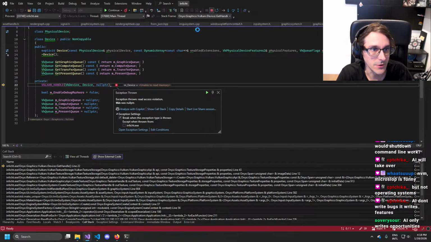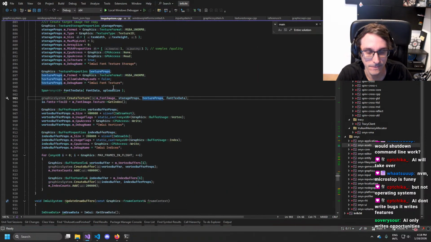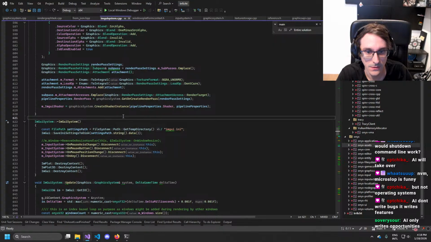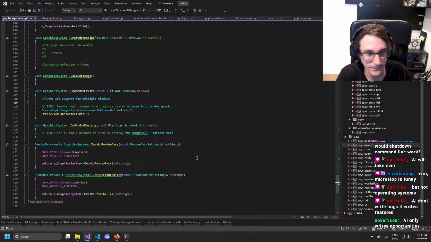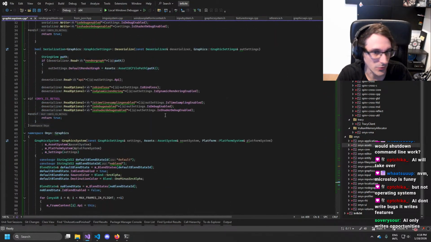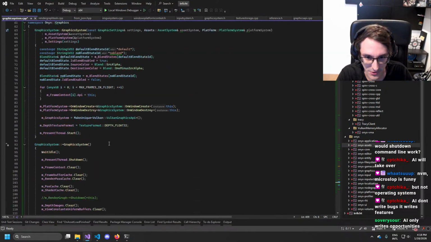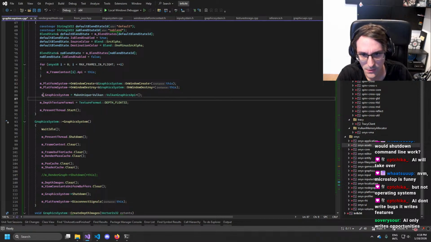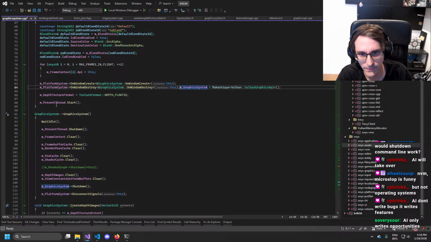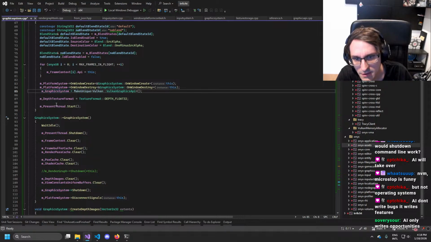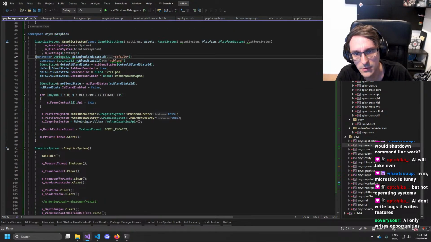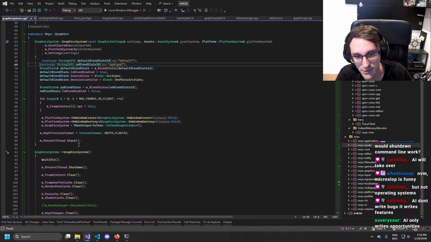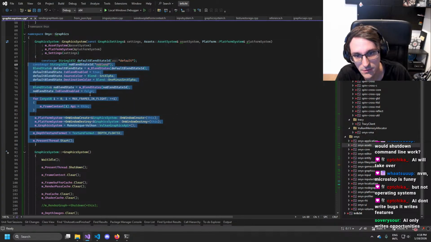Oh, I know why it fails. Never mind. Okay. Then we need to change that flow, which is fine. Am I stupid? Is that wrong? Aha, that whole function is indented wrong. Cool.